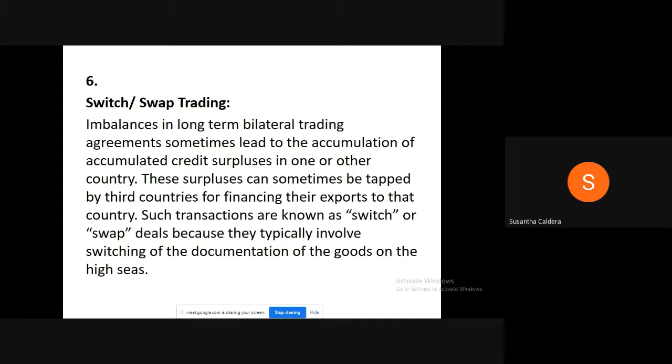Right? So if that thing happens again, please give me a call. Switch or swap trading is something like this: imbalances in long-term bilateral trade. Okay, let's have an example. It's easy. Sri Lanka, India, and